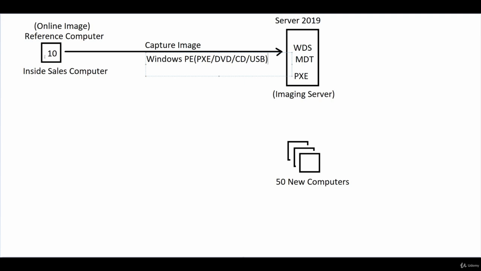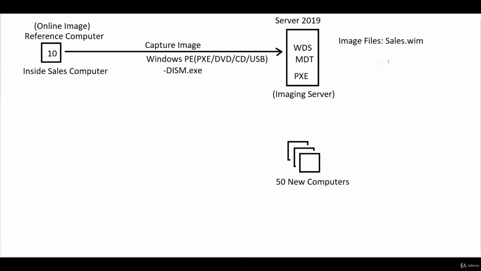Now, Windows PE is going to come with a tool called DISM, dism.exe. Okay, there used to be an older tool called ImageX that you would use, but DISM is the newer tool. It came out a few years ago. Deployment, Imaging, Servicing, and Management is what that stands for. And you're going to use that tool to actually capture the image, that command. It's going to capture the image, and it can store this image down on this server. Okay, so at that point, I have an image file. I can call the image file